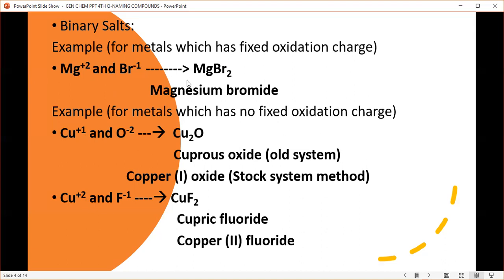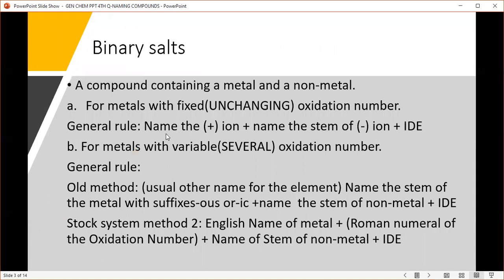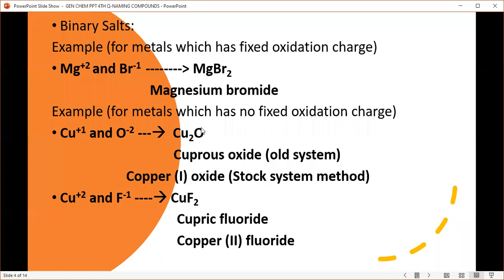First, going back to our previous slide: name the positive ion first. So just simply name it. What is Mg? That is magnesium. So that's magnesium. And then of course,